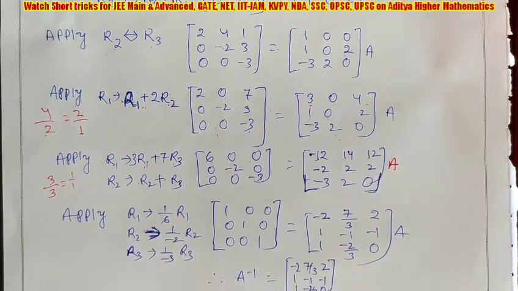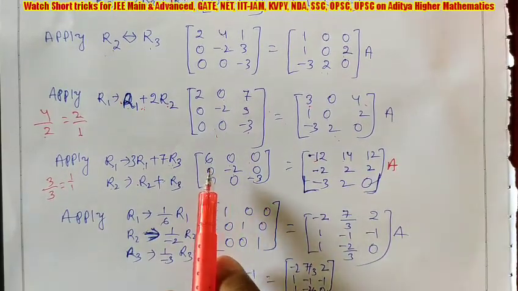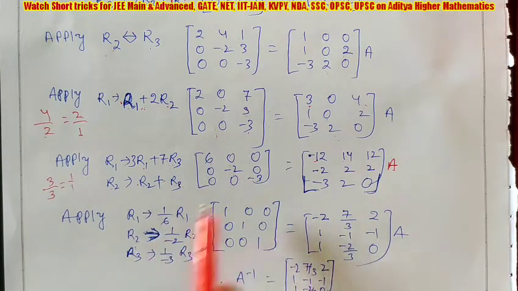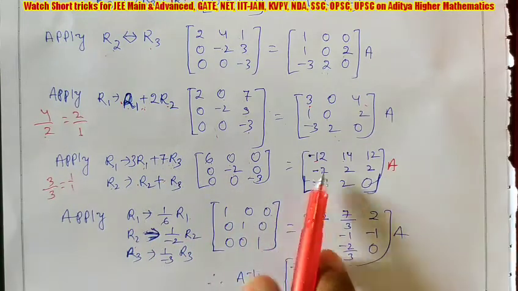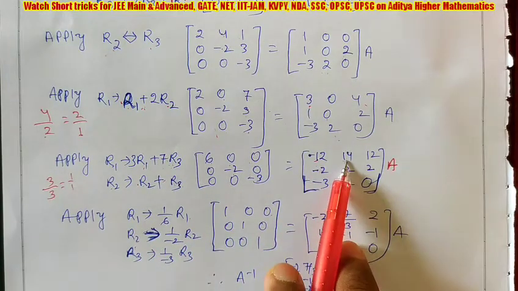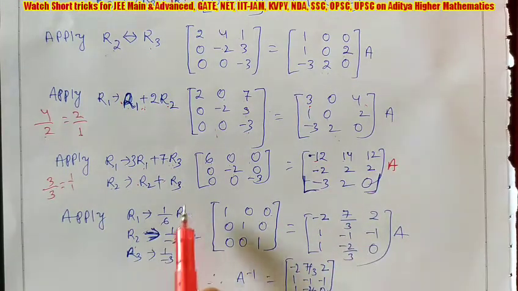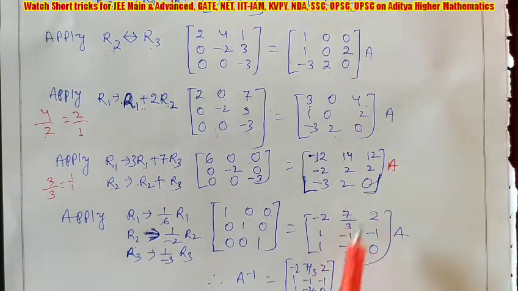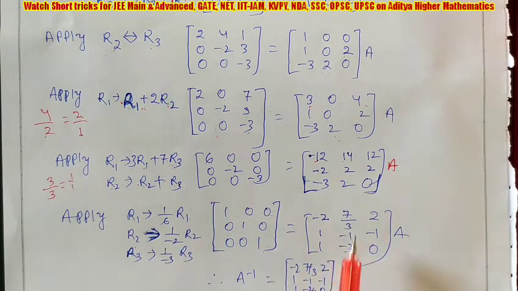Now only you have to make 1. And I told what is the process to make 1. What are the numbers in coming diagonal elements? You have to multiply its reciprocal. So R1 1 by 6 multiply R1, R2 1 by minus 2 multiply R2, and R3 1 by minus 3 R3. So now multiply whole row 1 is 1 by 6. 1, 0, 0 minus 12 by 6 minus 2, 14 by 6, 7 by 3, 12 by 6, 2. R2 minus 2 divide 0, 1 is it is 1 only, minus 1, and whole R3 by minus 3, 1, 1 minus 2 by 3, 0.